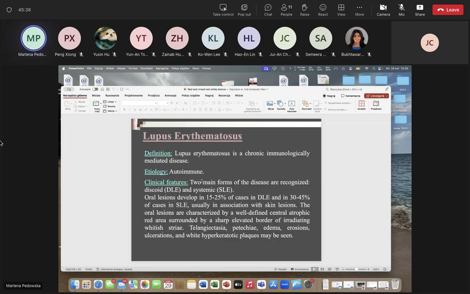The next disease which can be found in the oral cavity can be lupus erythematosus. It is a chronic immunologically mediated, autoimmune disease, and we have two main forms of the disease which are recognized as discoid and systemic. The oral lesions develop in 15 to 20% of the cases in the discoid form, and 30 to 45% of cases of